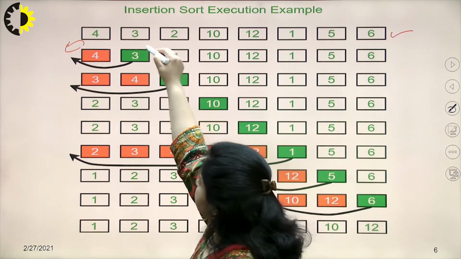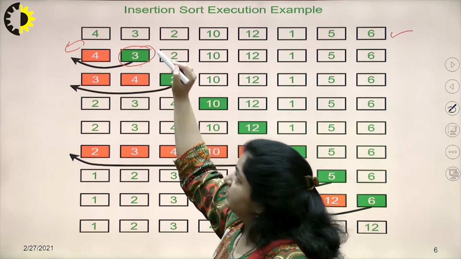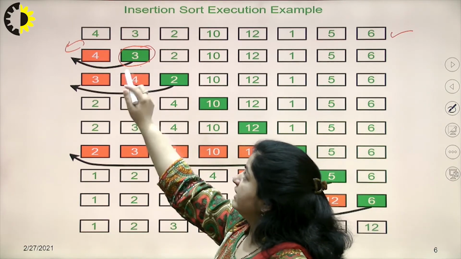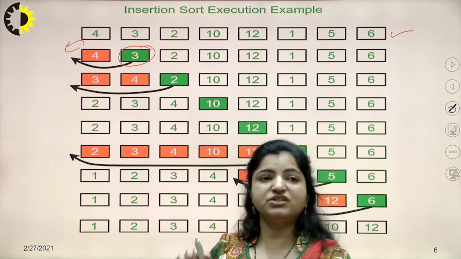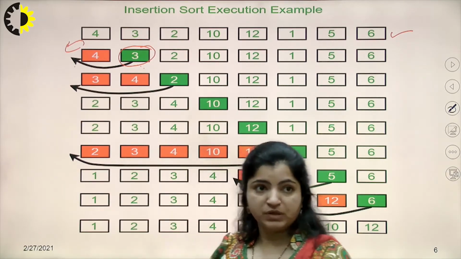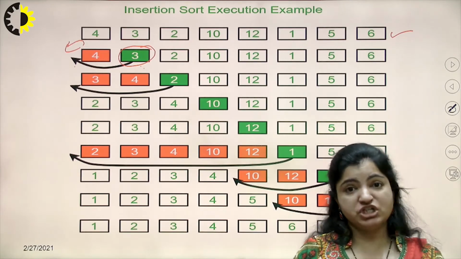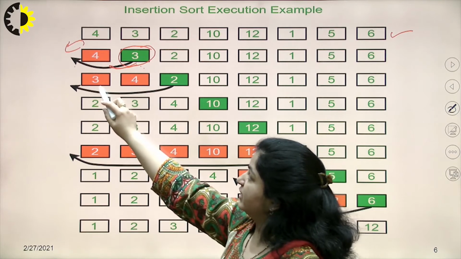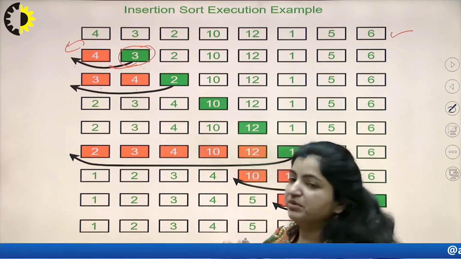So we will always start with the second element while applying this insertion sort algorithm. We will compare this second element with the very first element, and we will find out that, in order to arrange this in increasing order, this 3 needs to be placed before 4. So we got its appropriate position. We will swap both of these, and we get that 3 will come here and 4 will come here.